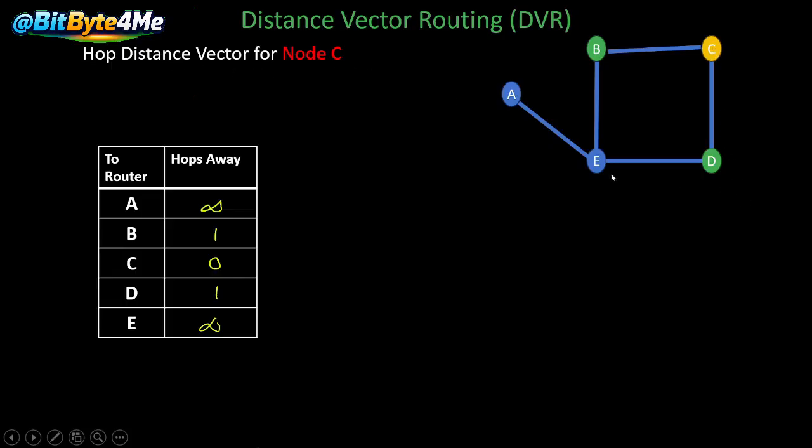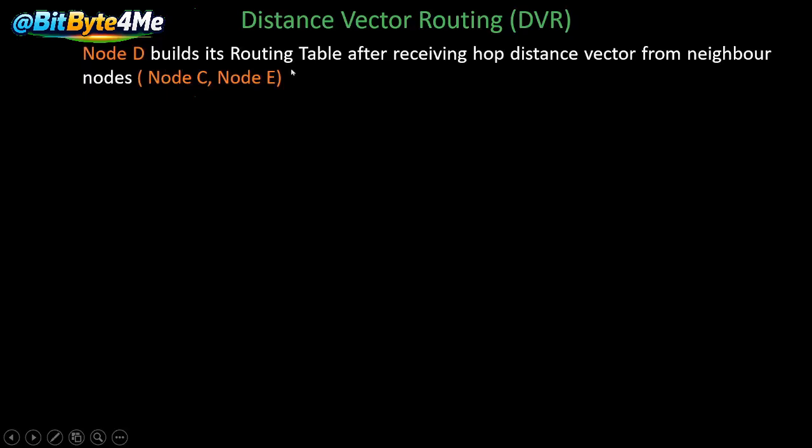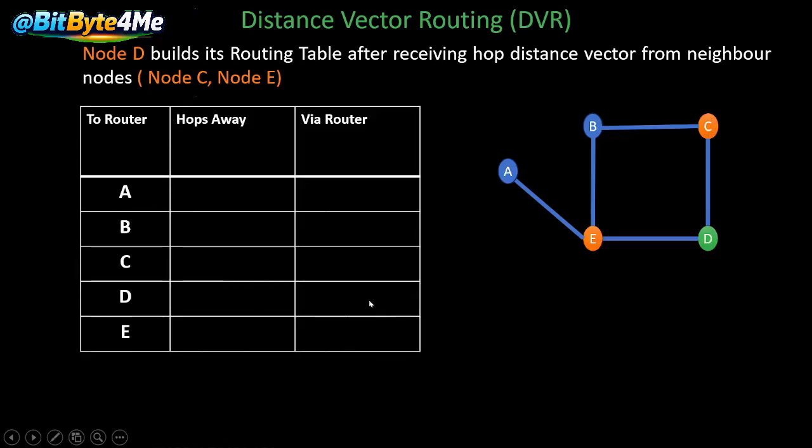So we have calculated the hop distance vectors for C and E. Now we can calculate the routing table for node D, because all the connected nodes have their hop distance vectors ready. A node builds its routing table from all its neighbor nodes, so we need the hop distance vector for node C and for node E. So D requires information about C and E, and from these two tables we can calculate the